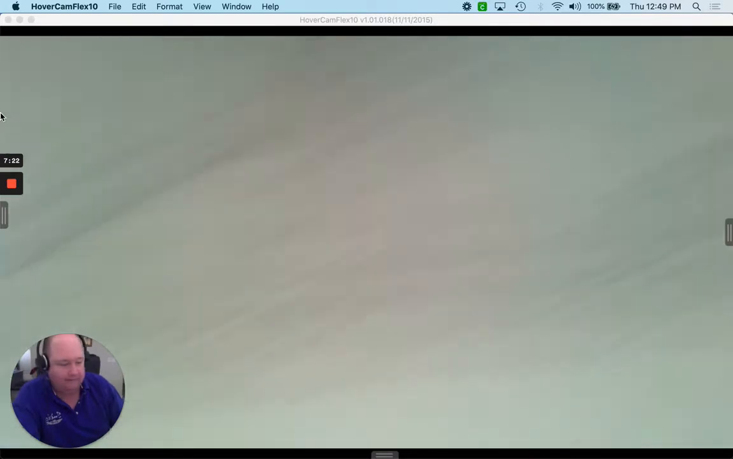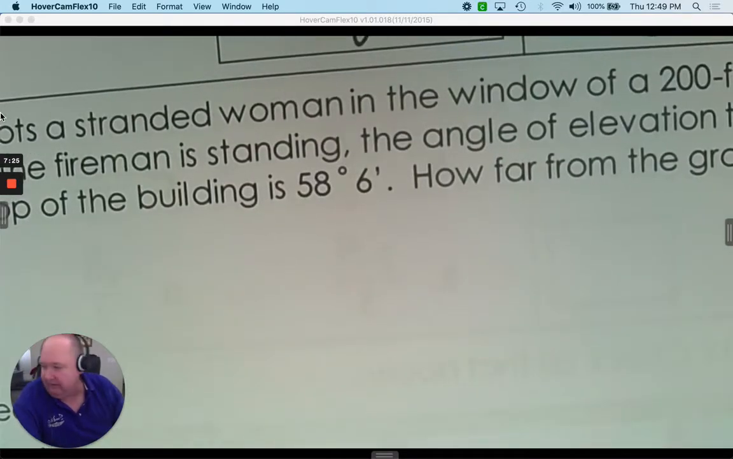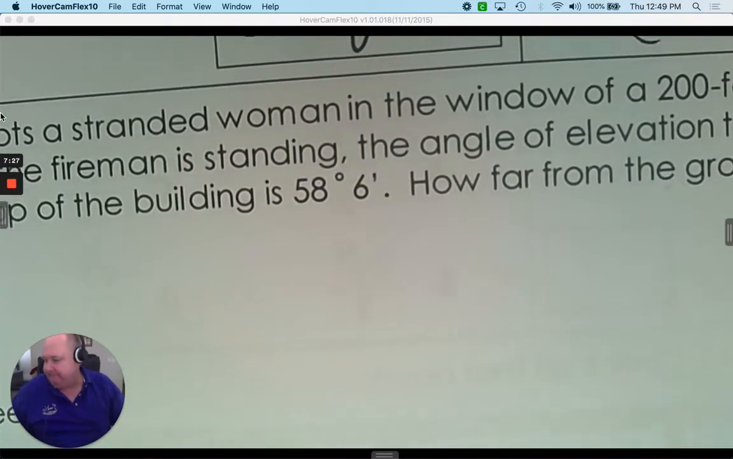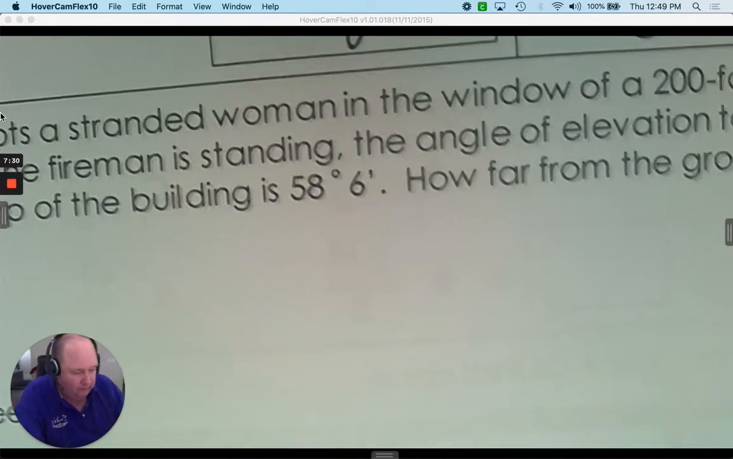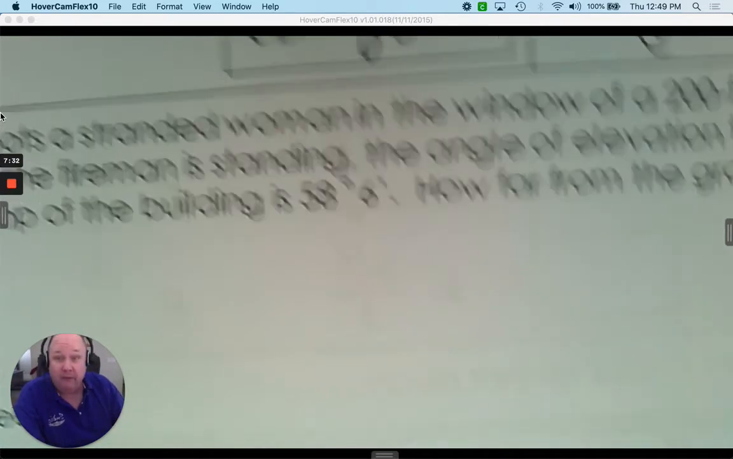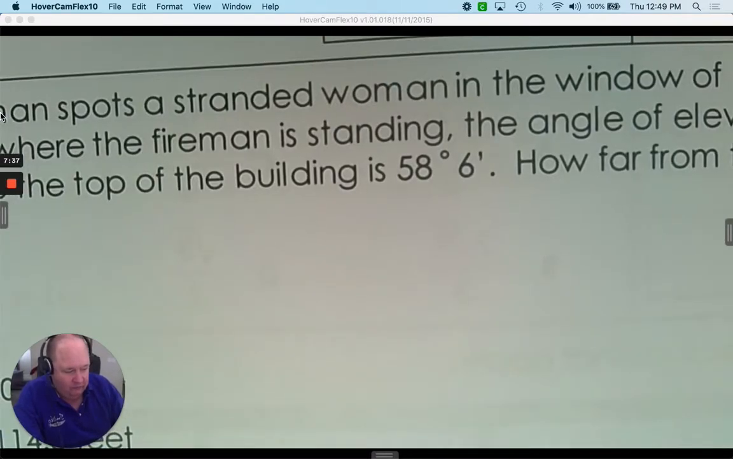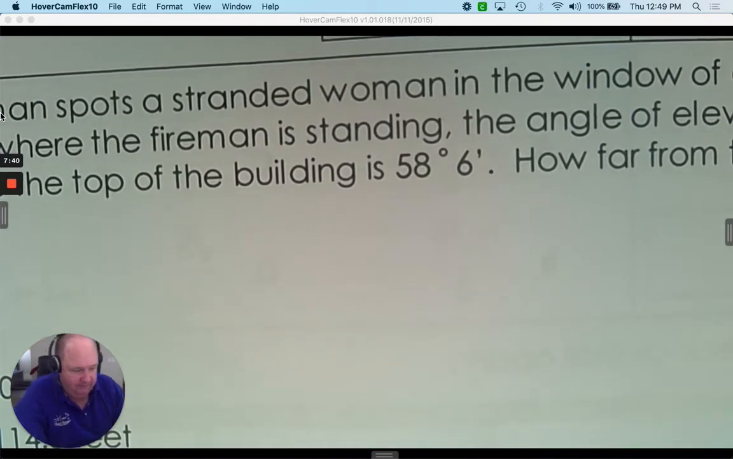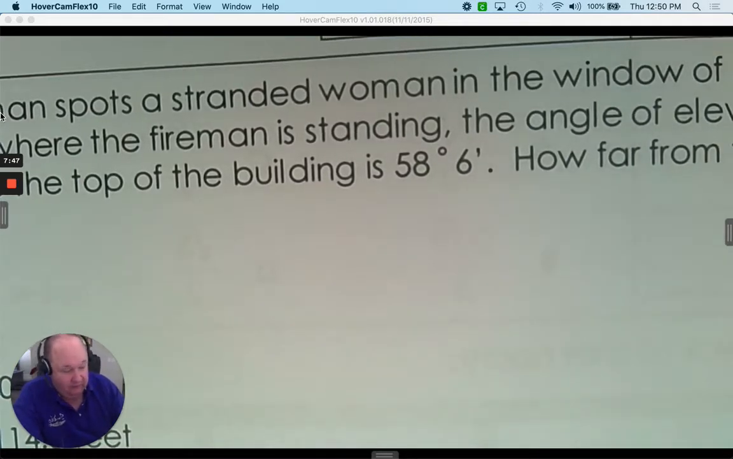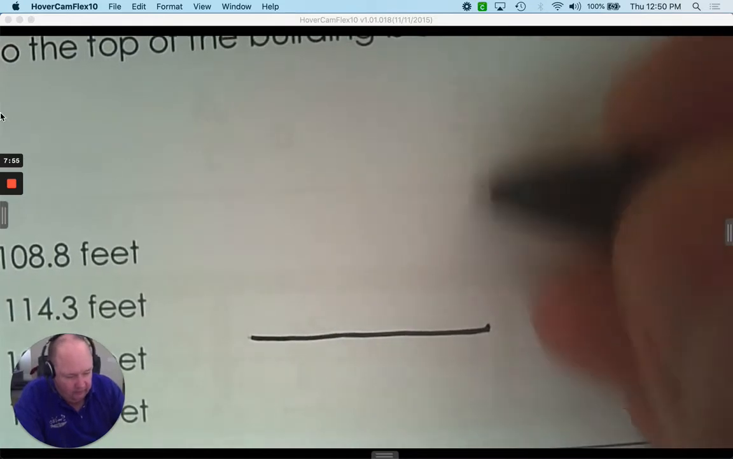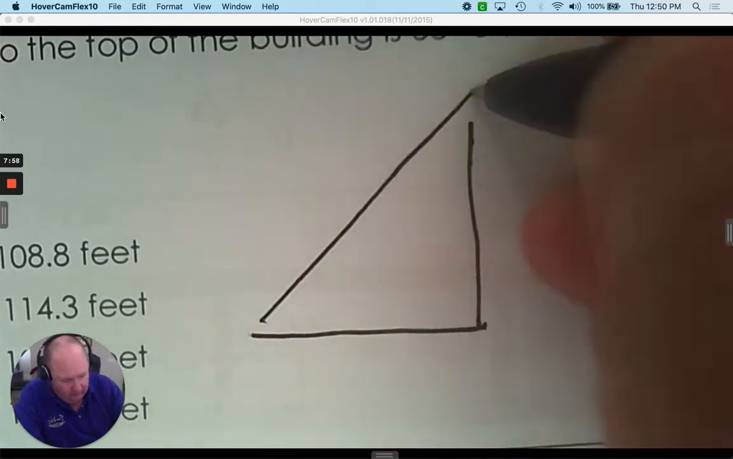Number 13. A fireman spots a stranded woman in the window of a 200-foot tall office building. From the point where the fireman is standing, the angle of elevation to the stranded person is 42 degrees, 33 minutes, and to the top of the building is 58 degrees and 6 minutes. How far from the ground is the woman stranded? So, this is going to involve two triangles. You ready? So the first triangle,